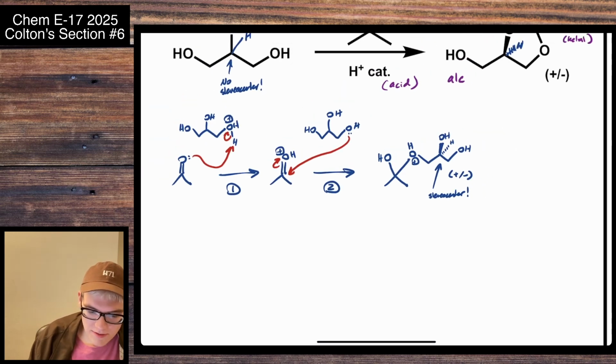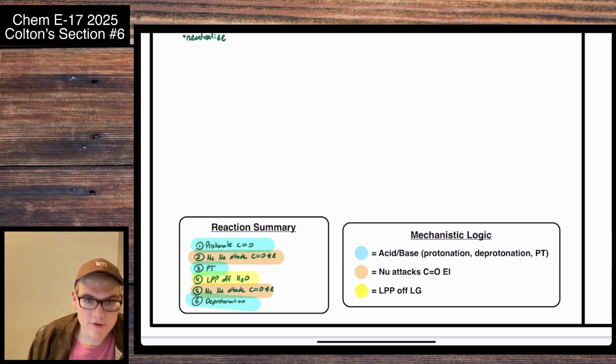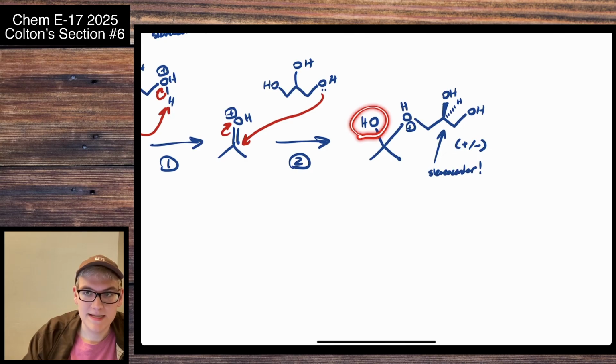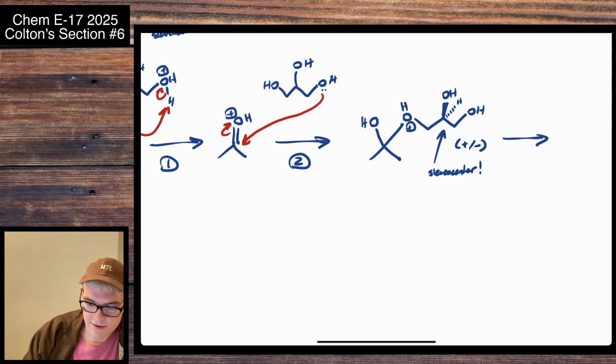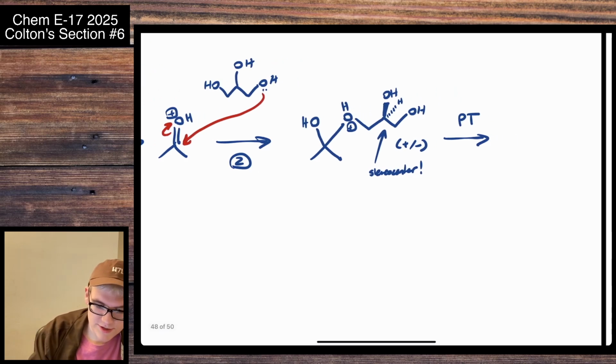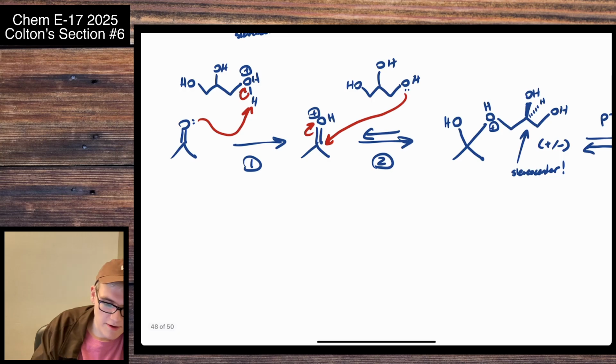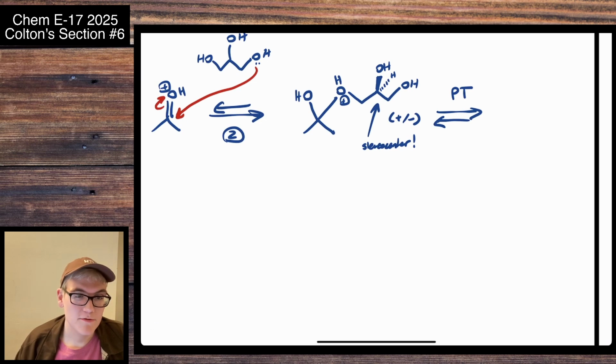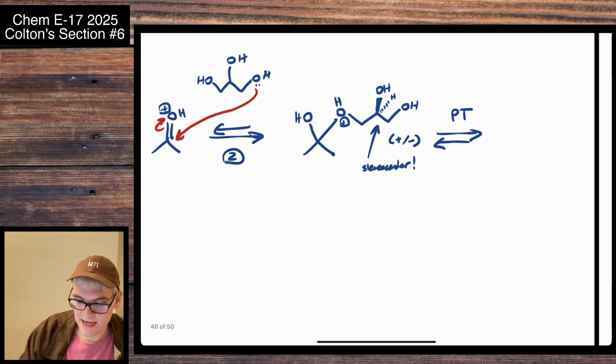Okay, so now step 3 of our reaction was a proton transfer. Remember, we're trying to kick off this OH group, and so we need to help pack her bags. The one who's going to be doing the kicking out is this one over here, so we need to make it a better lone pair pusher. So we are going to do our proton transfer. Technically all of these are reversible. I tend to not write the reversible arrows on everything, and unless a question explicitly says that you have to indicate which steps are reversible and irreversible, you don't need to worry about it. But we can do our abbreviation here, where